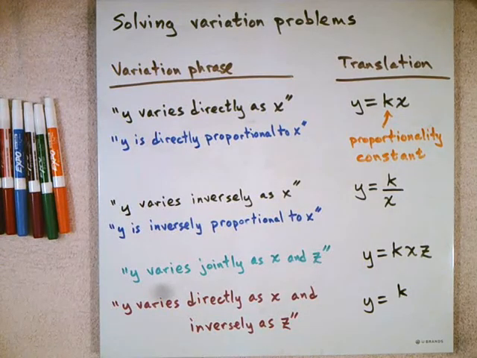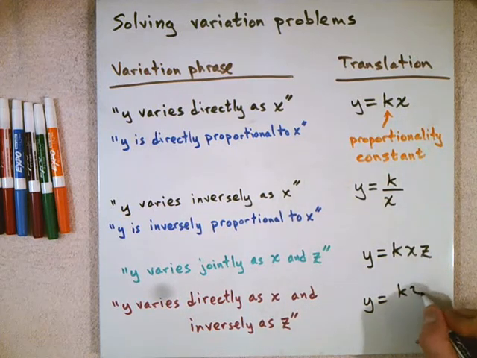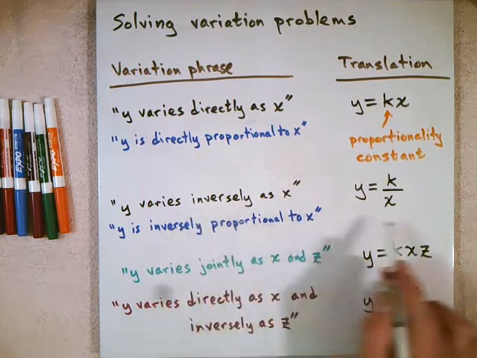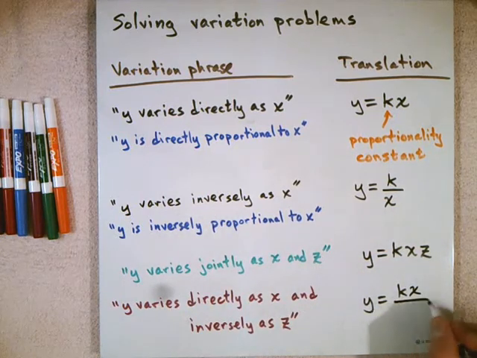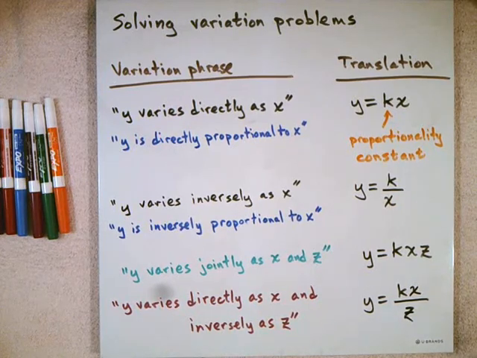Now, Y varies directly as X, so X is going to be up in the numerator there because it varies directly. But what about the Z? Inversely as Z, when it's inversely related, that puts it down the denominator, so the Z goes down below. It really isn't that difficult to master that concept. If you vary directly, you go up in the numerator. If you vary inversely, you go down the denominator. And that's it. And then you throw the K in there because you always got to have a proportionality constant,